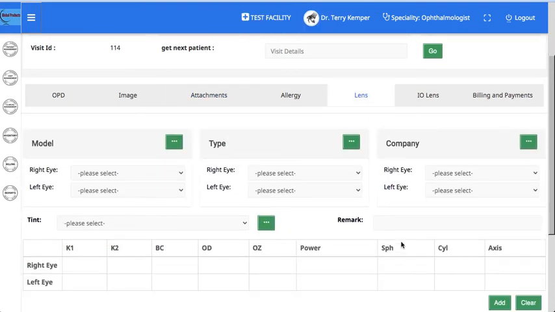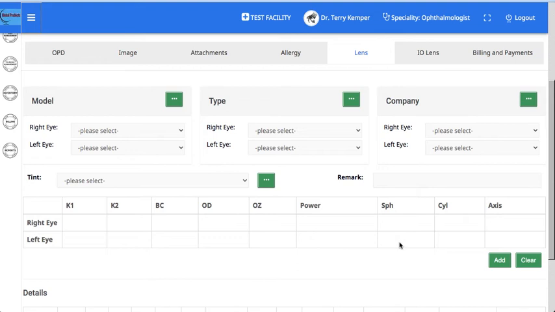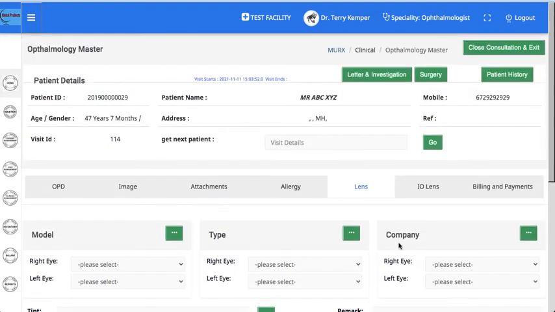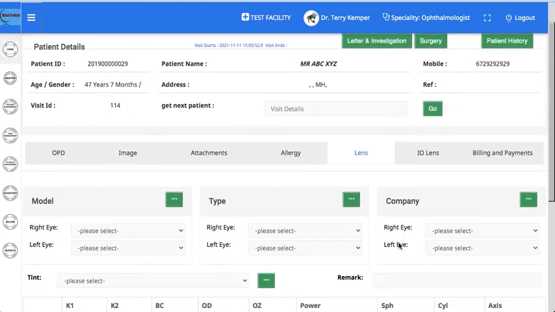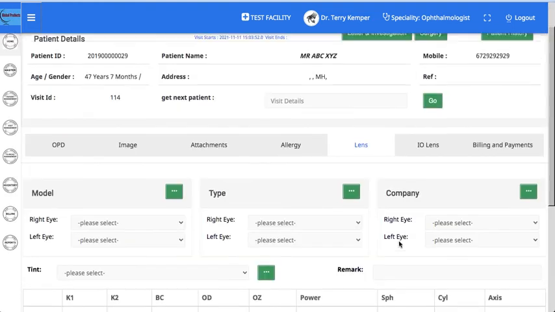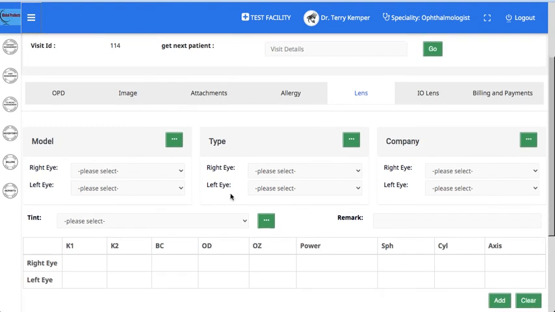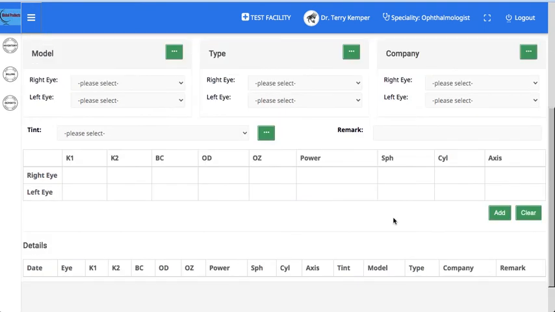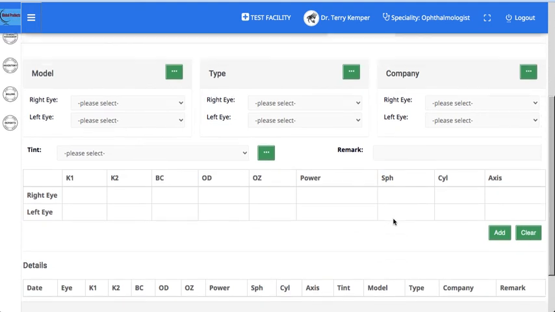Similarly, lens details can also be recorded, with the model type and company names added to and modified as before.